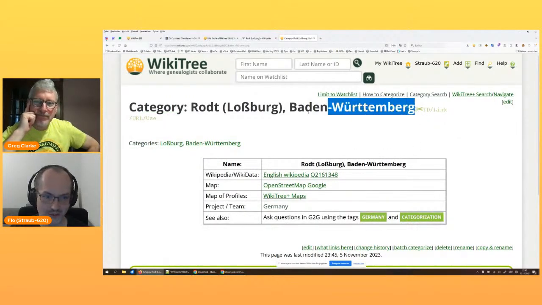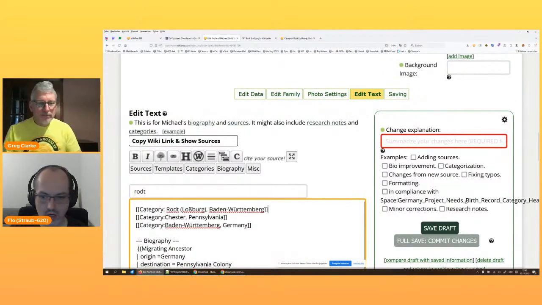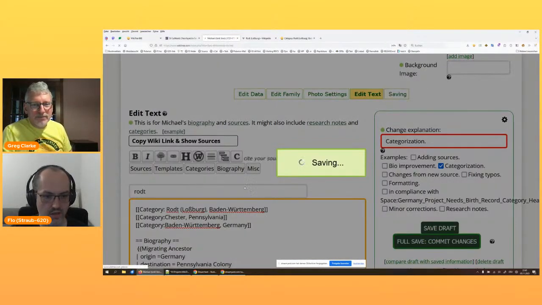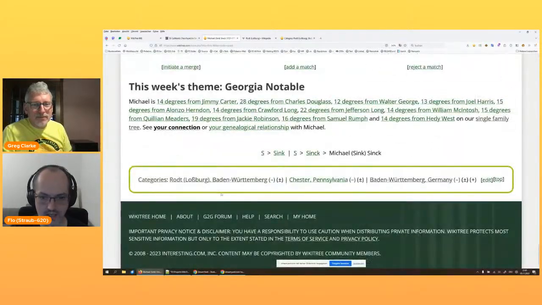In fact, we take the use button like we showed before, and we press categorization and commit changes, and our Michael Zink is in Roth. Unfortunately, he's also in Baden-Württemberg, but there I can show another feature of category management in WBE,